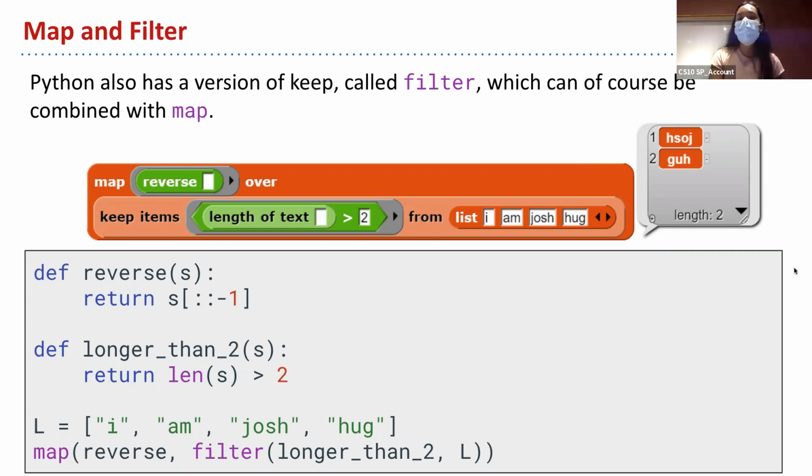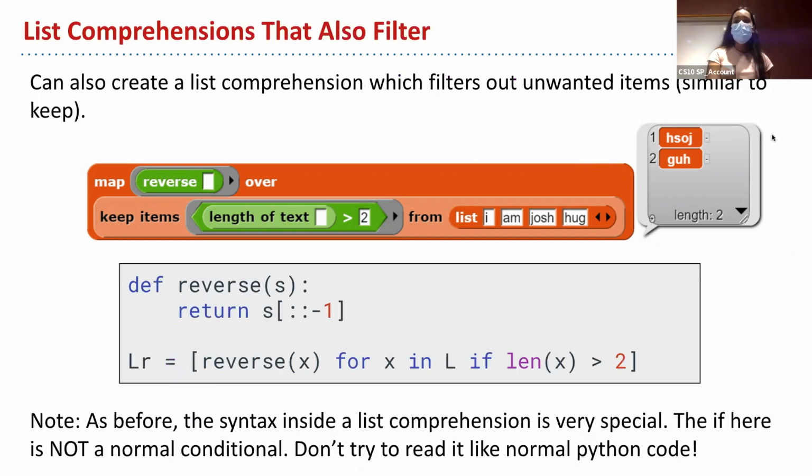Okay, but again, you're probably not going to use this because you can just do all of this in one line with the list comprehension by just adding on an if statement to the end of your list comprehension. So before, on the previous slide, we just ended our list comprehension right here with our square brackets to reverse the list. If we want to only reverse the list after a certain condition is applied, then we can just add that on as a special if statement right here.